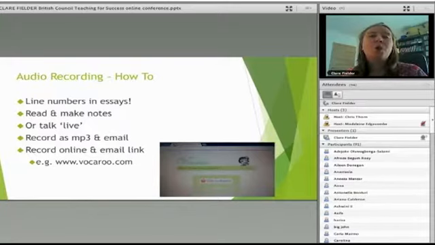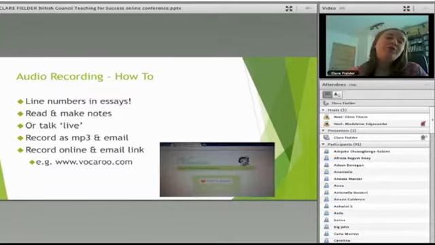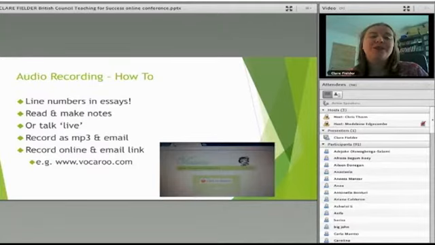Other people like to talk live, so open the essay, start recording, and sort of speak or think out loud, if you like, so the student can hear the thought process as you're reading through and commenting on their essay. I don't know of any research that has looked at benefits of either method, so I think it's really what you're most comfortable with. You could record your audio as an MP3. Mobile phones can do this, a lot of them nowadays, or dictaphone or other devices, and then you can share that MP3 by email or however with your students.